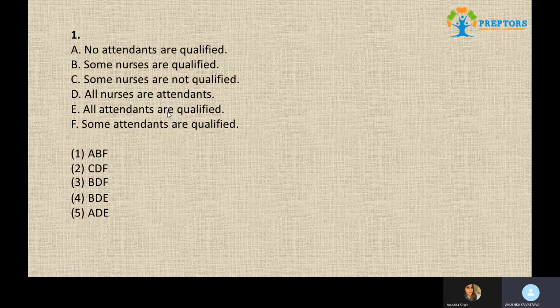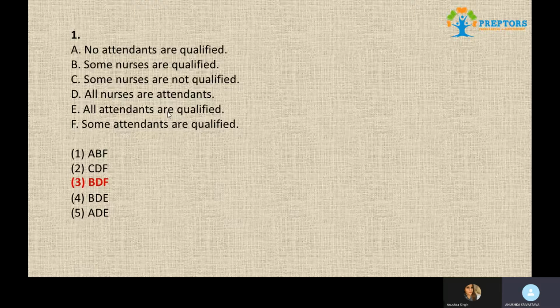Alright, now we go to the first question. We use deductive logic. In which of these statements do the first two letters lead to the third, which means the first would be my first premise, the second would be my second premise, and the third letter would be my conclusion. So when I evaluate all the options, my answer here becomes option BDF.